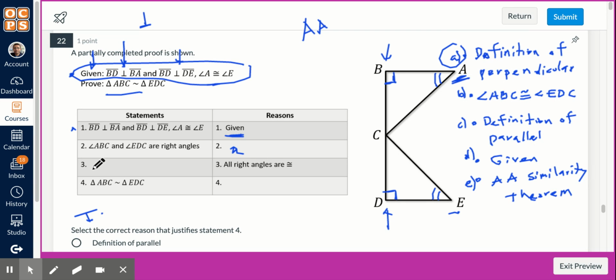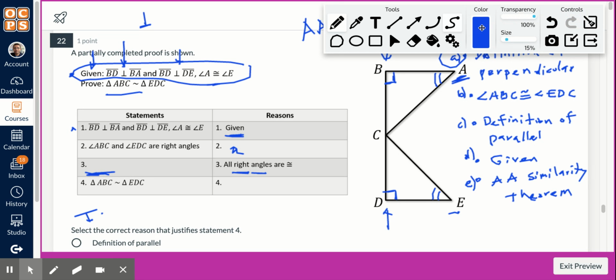Next, here the statement is missing. So they want me to write something here as a statement. But the reason is all right angles are congruent. So if the reason is talking about angles, that means here I have to write some kind of angles. Let me change the color here. The only choice that I have in my options,